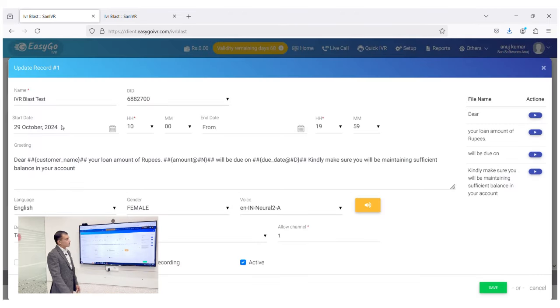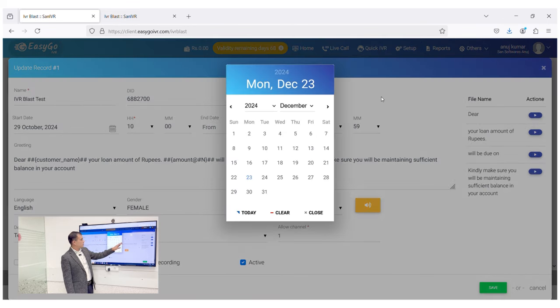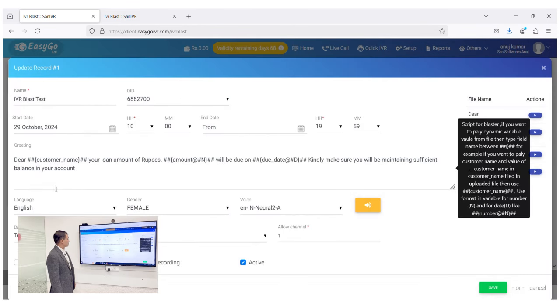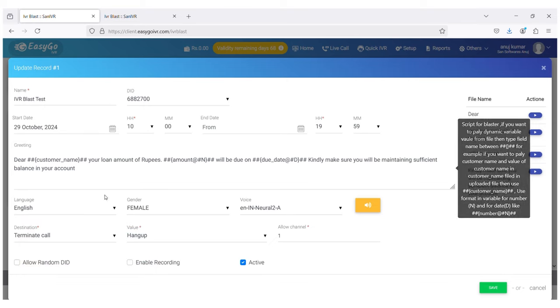and here you can see this is all dynamic. So we just need to give the IVR name, select the ID number, and the date from which you want to start. You can provide the timing also, from which time you want to start. Then we can write down the script. We have to write the script in English only, and we can select in which language